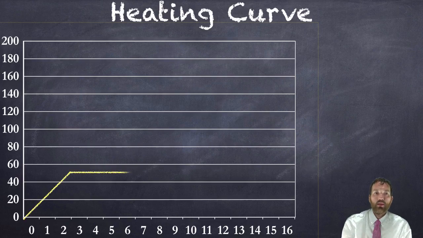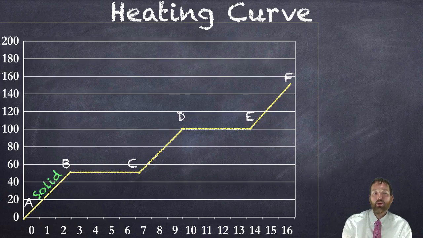So this is a typical heating curve for any substance. We can pretend it's water. On the slanted part of the lines, we have our pure states of matter. So our first leg of the curve from A to B, this slant here, the substance is a solid, and we're heating the solid for, looks to be about 2.5 minutes, and it's going from 0 degrees Celsius to about 50 degrees Celsius.